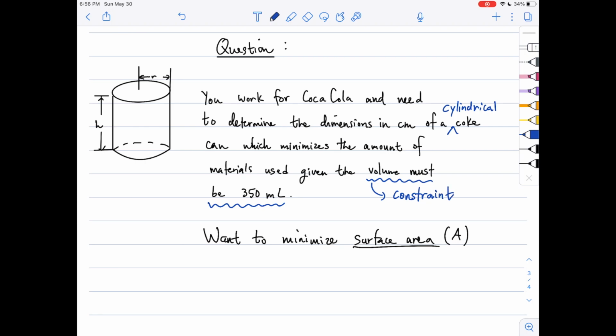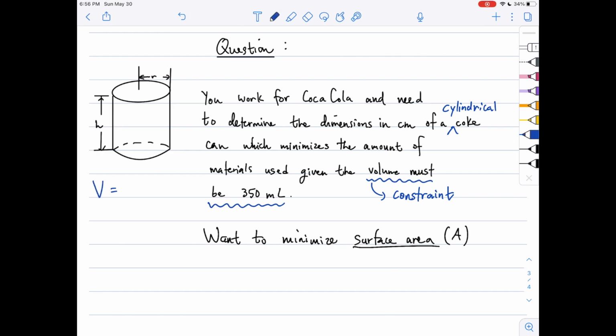The constraint is just a set of conditions that the optimization problem comes with. And here the condition is that the volume is constant. The volume is always 350 milliliters. Now, if we take a look at our cylinder over here, you might remember that the volume of a cylinder